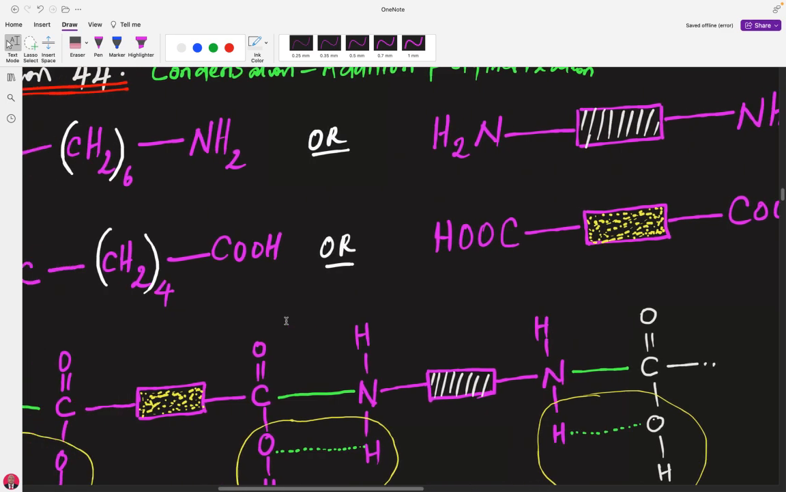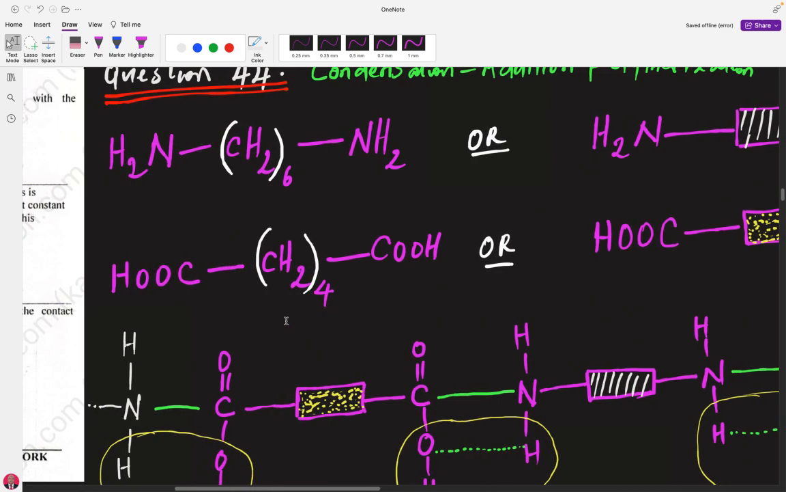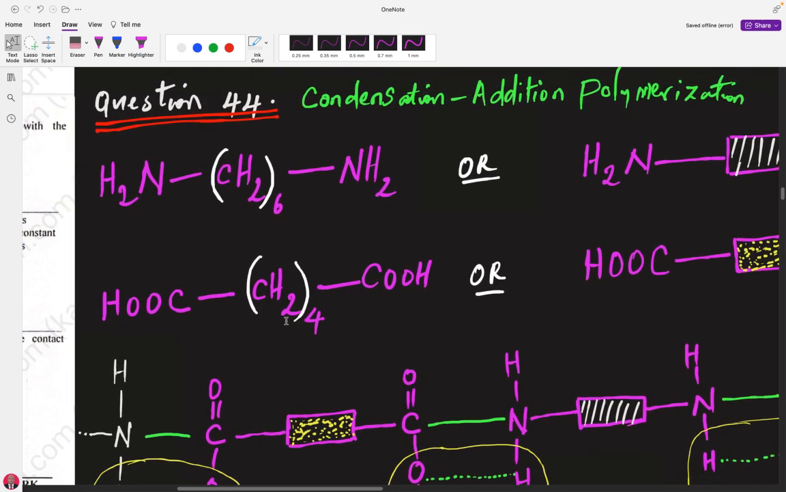Now, when these two react in forming a polymer, the polymer formed here is a condensation polymer. This is an addition polymer, but it results in a release of molecules of water. That's why we call it condensation. It's an addition polymer. We keep on adding hexane